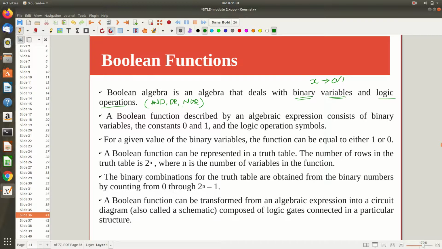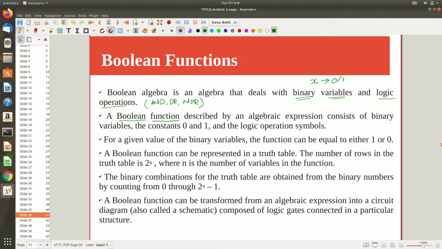Now the Boolean function. So far we saw Boolean expressions as well as Boolean equations, right? Now we are using something called a Boolean function, and from mathematics, what is a function? It's a kind of mapping, right? From one set to another set. That means a mapping is simply a relation, and a relation with certain restrictions is what a function is, right?